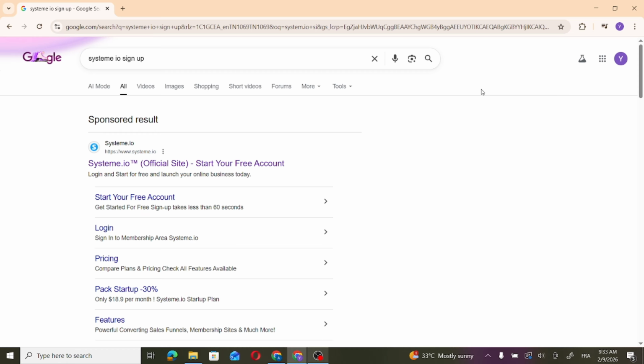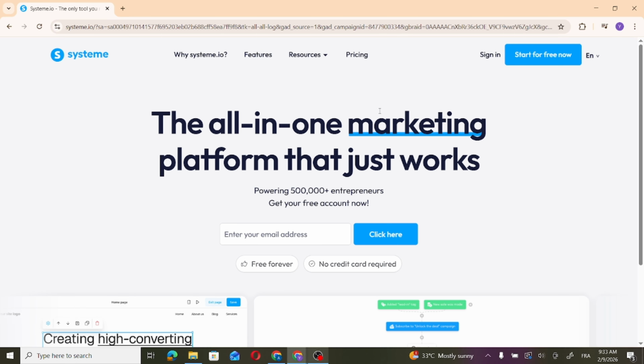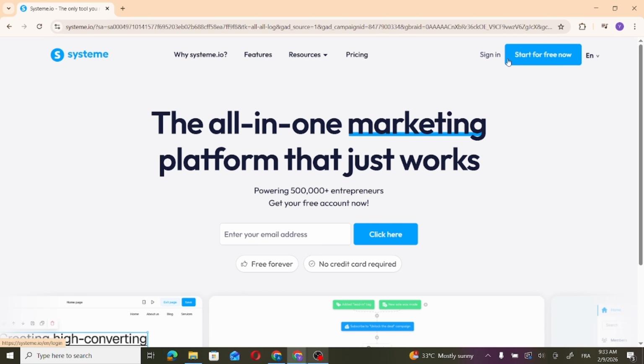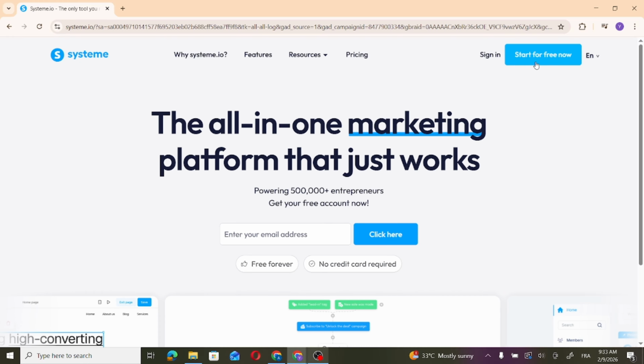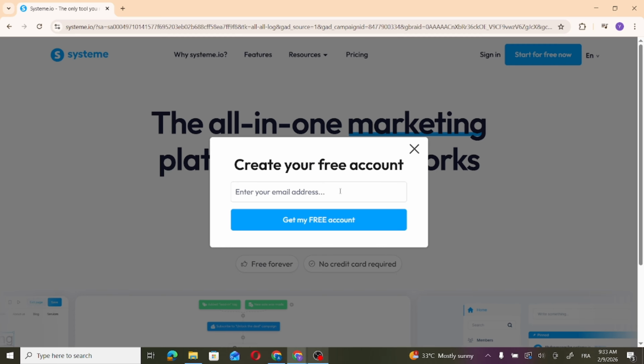So all you need to do is open any browser and then search for System.io sign up and then go to the first link. Now you will see that you are in System.io and then you can see sign in and then start for free now. You press on start for free now, this blue button, and then you enter your email address,